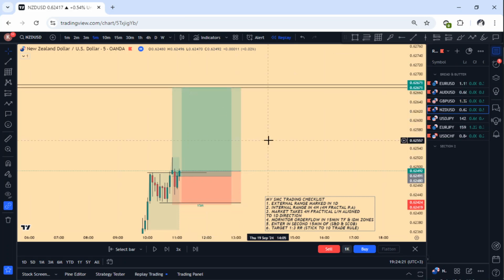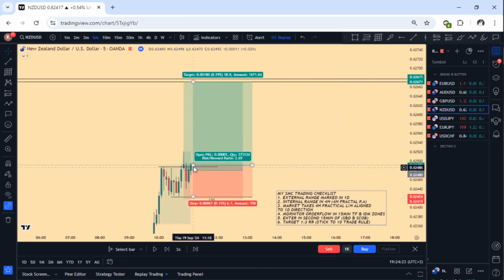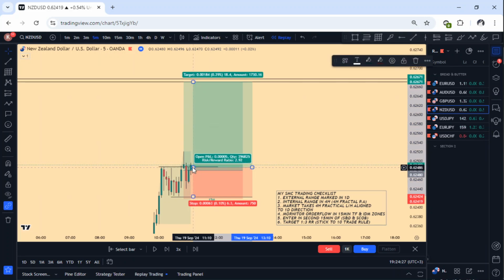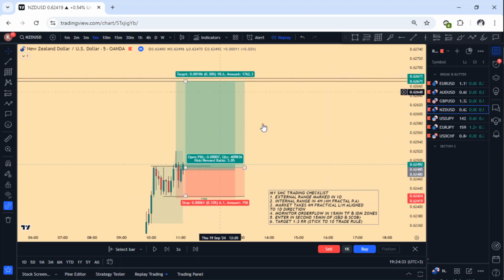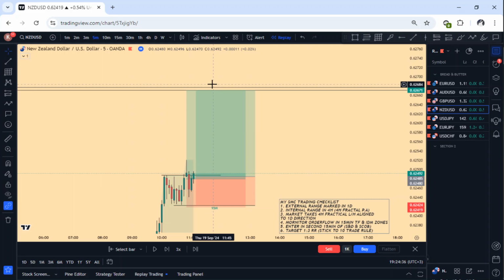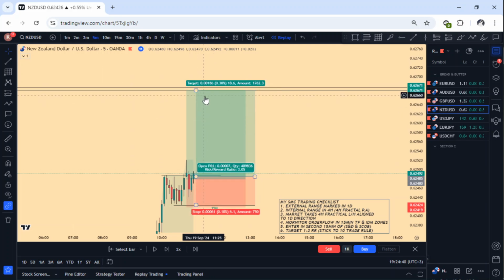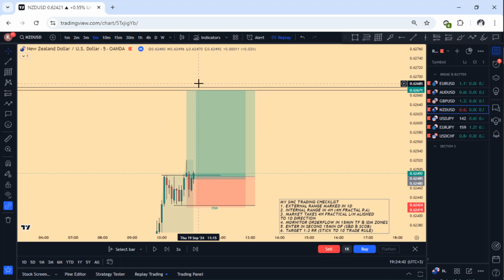So like in this case, it would have not entered. But if you waited for a pullback, I think it entered. If you waited for a slight pullback, because this is the overall target, so even if it doesn't hit here, you can be trailing your stop loss. If this place is not a 1 to 3, you can be trailing your stop loss closer, because this is the overall target. So it means if it trades here, there is high probability that it will try and look for, it will find